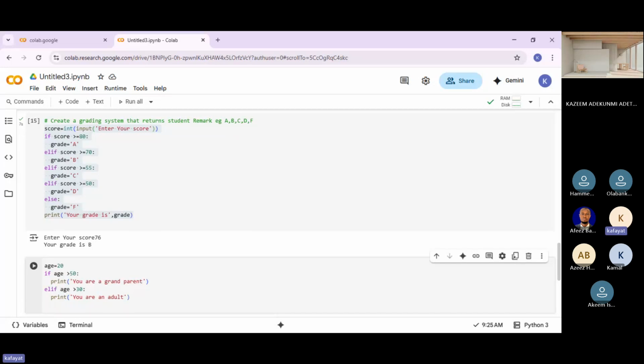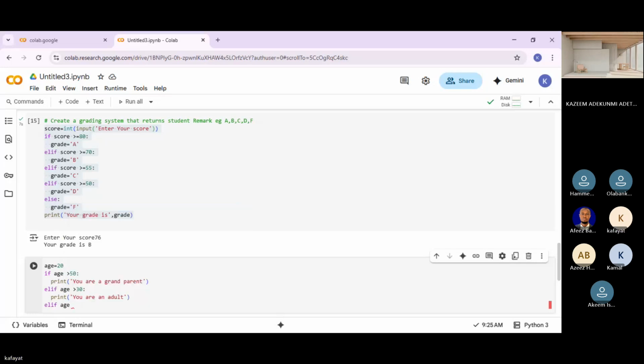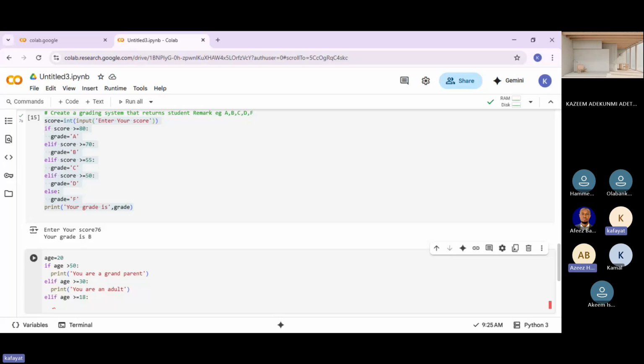Else if age is greater than or equals to 18, what do you call this category of age?